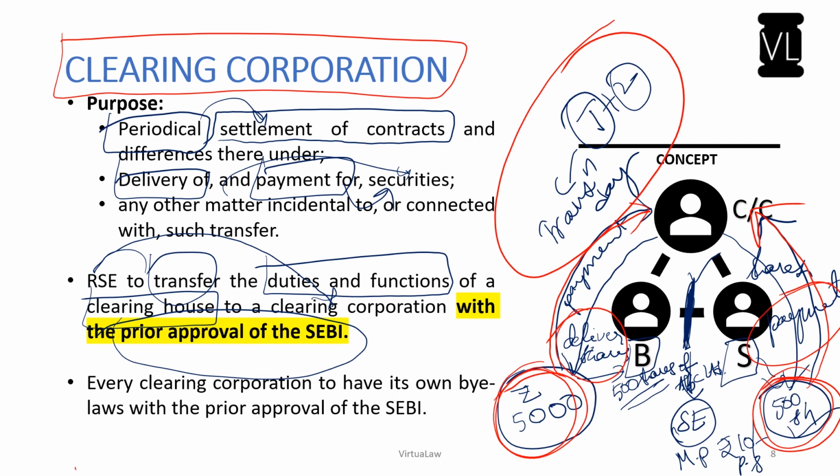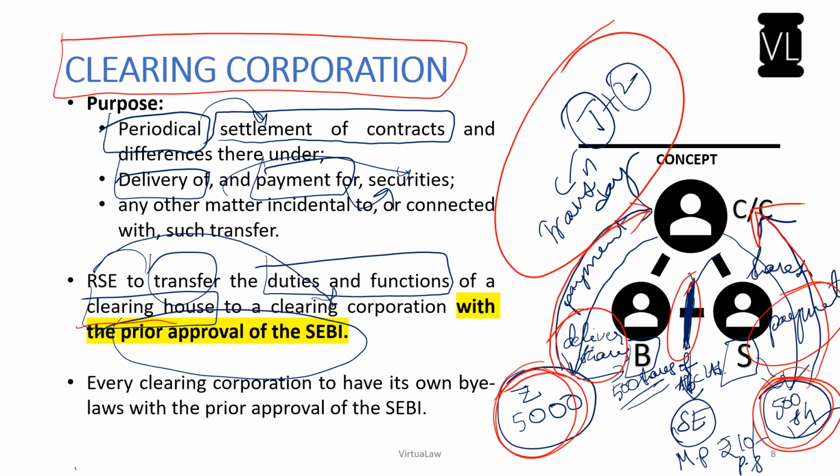And this basically is the duty or function of the stock exchange itself. However, with too many transactions happening on a single day, it would become impossible for the stock exchange to also take care of this clearing. That is the reason why the stock exchange, with the prior approval of the SEBI, can transfer all these duties and functions of a clearing house, that is clearing a particular transaction, to a separate organization, or you can say a separate company, which is nothing but a clearing corporation, and that can happen only with the prior approval of the SEBI,